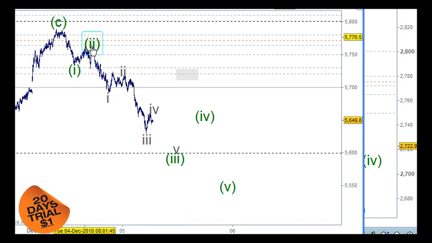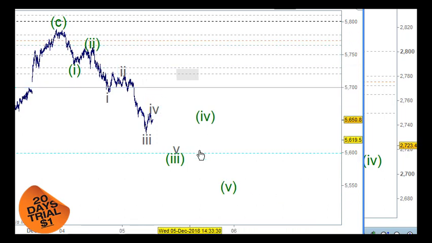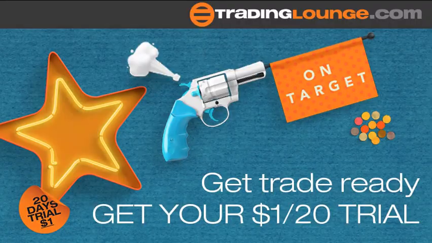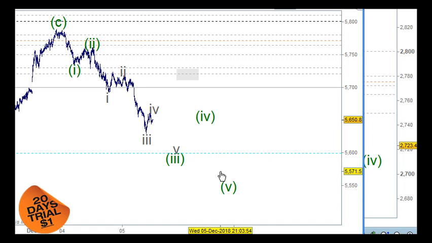So even once this comes down here, 1 and 2, and then 1, 2, 3, 4, and 5 here for the third wave, the fourth wave pulling back to the fourth wave of 1 lesser degree or probably a bit lower, and then wave 5 down here, then we can look for the ABC rally here. And then we can look to short again on that particular rally, okay? So we just need to be a little bit mindful. Yes, we will see more downside, the probability of that.